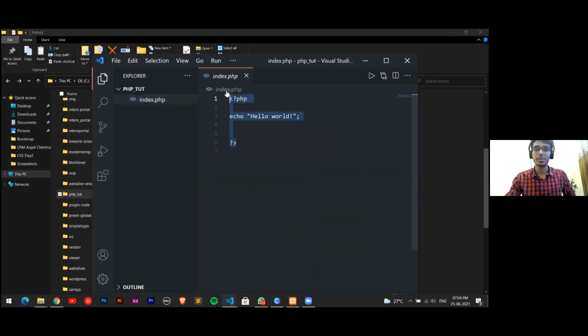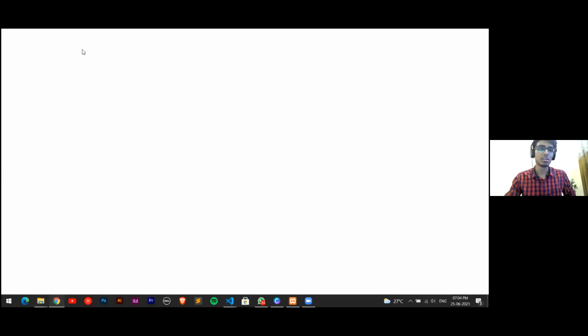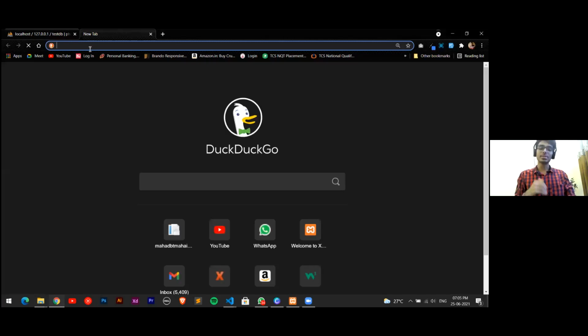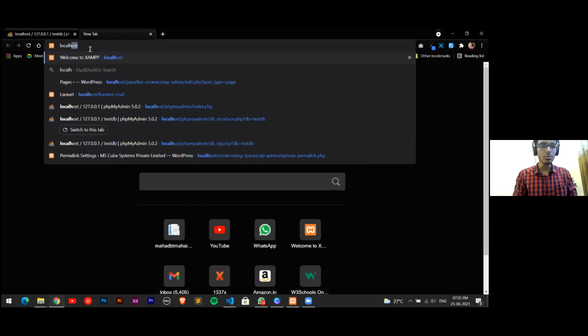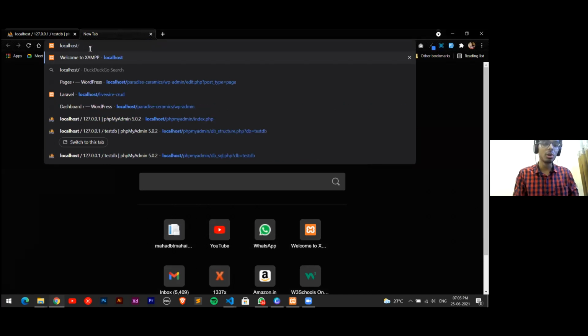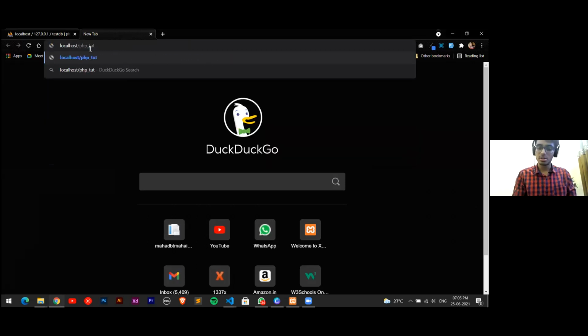Go to index.php, we can see we have our code itself. But now, if I run this code through my server, what I'll write to access the folder is localhost, slash the folder name php underscore tut, and then a forward slash and the page name I want to see.